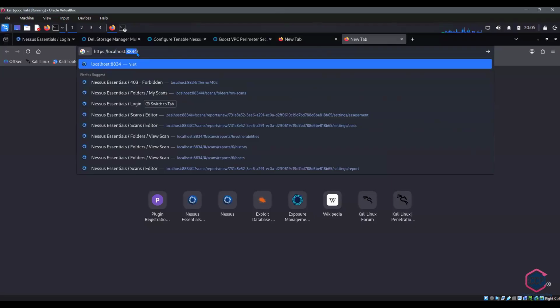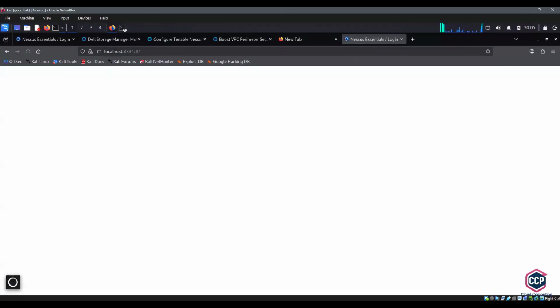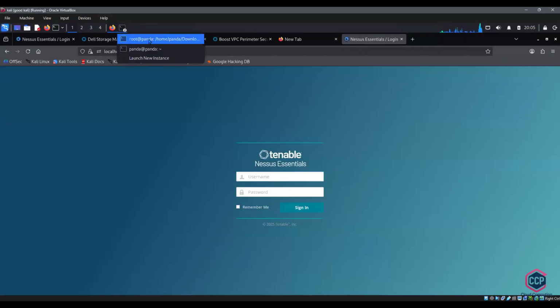Nessus would be running there. I do have a password for this. We can create one, and we can also make sure that it remembers us.